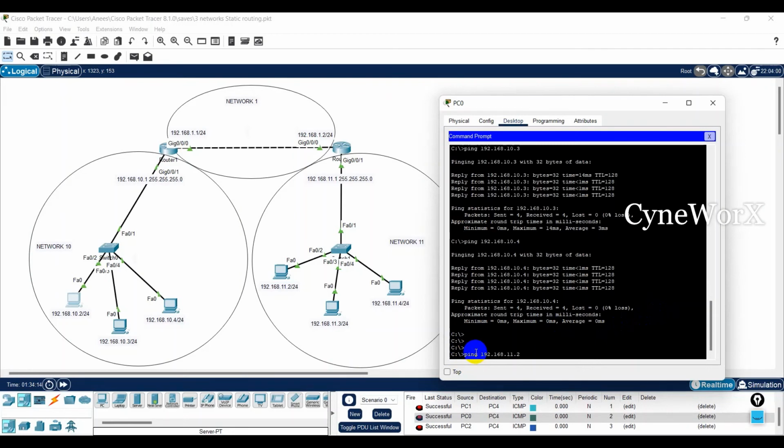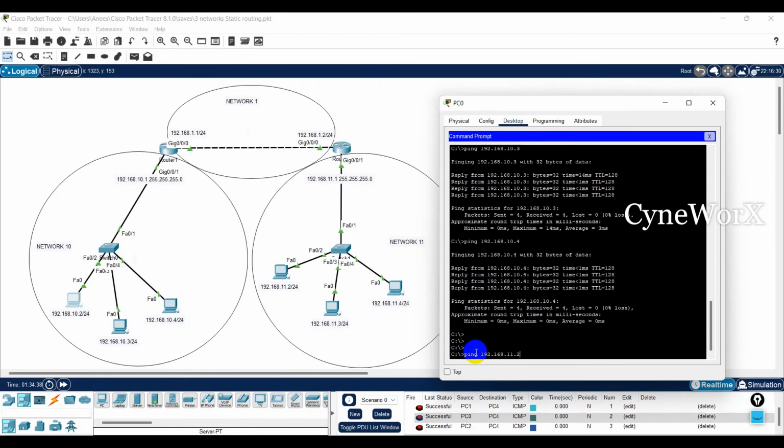Okay, I'm gonna give you guys 3 seconds to think about it and answer. Is this gonna ping the IP address, or the destination host will be unreachable? Okay, so 3, 2, 1, and yes, it should ping this IP address,